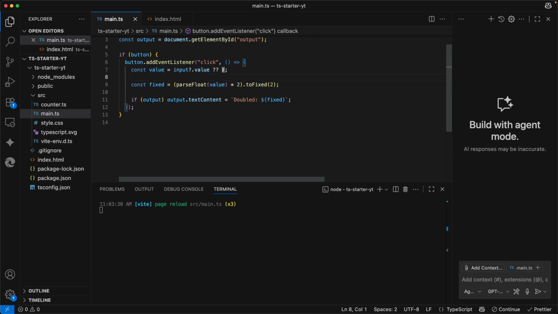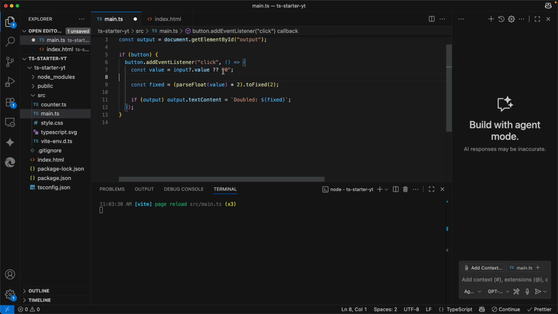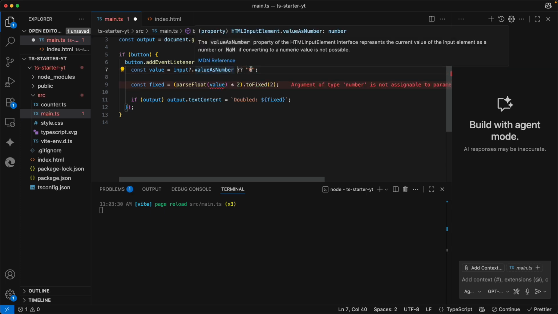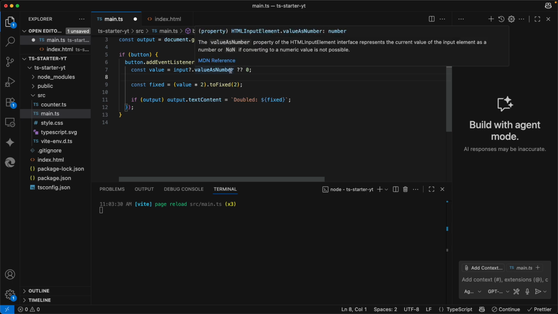Okay, so there's a different method to have a number here from the input field. And here I see that this is actually wrong. We should have put quotes around that. So that is a string, value is a string, and that should be also a string. So we have 0 as a string. That would be correct. But there's a different way. We can use value as number. Then we have a number here, as you can see here. And also here we can use a number. So then we don't have to use parseFloat here. And this is also working. And it's a little bit shorter. So most don't know that value as number exists.